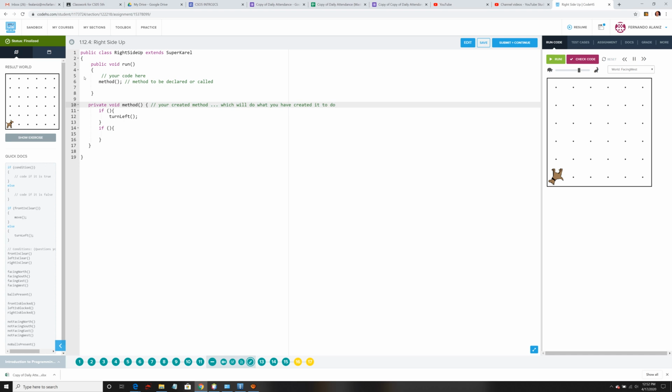And here is a condition to be met. If true, then do this. If it doesn't do that, then we're going to go